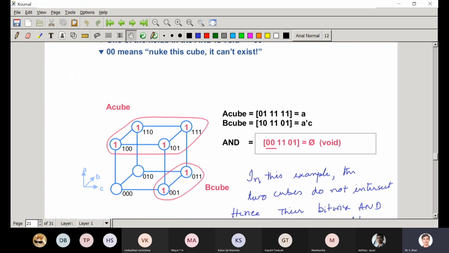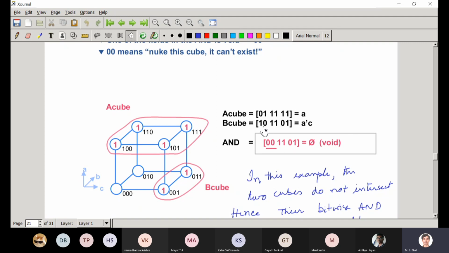B cube is 0 0 1 0 1 1: A value is 0, B is both 0 as well as 1, and C is 1.